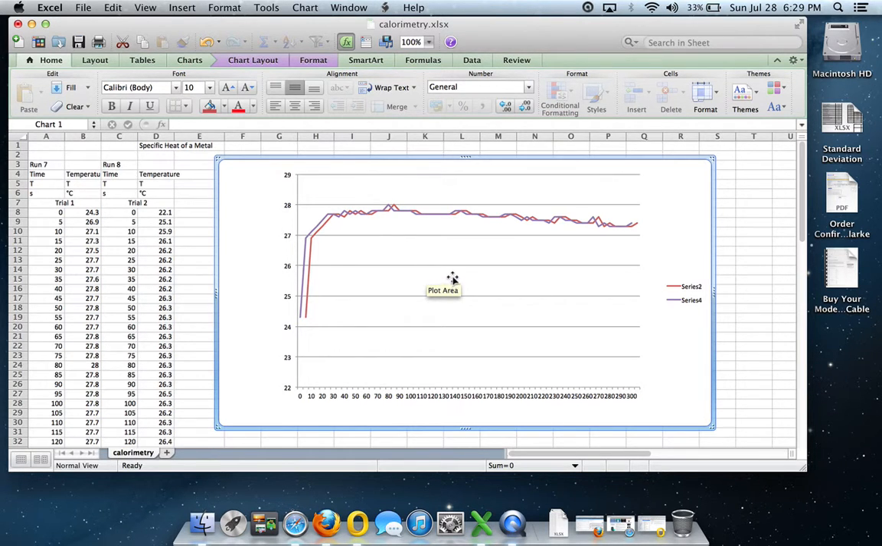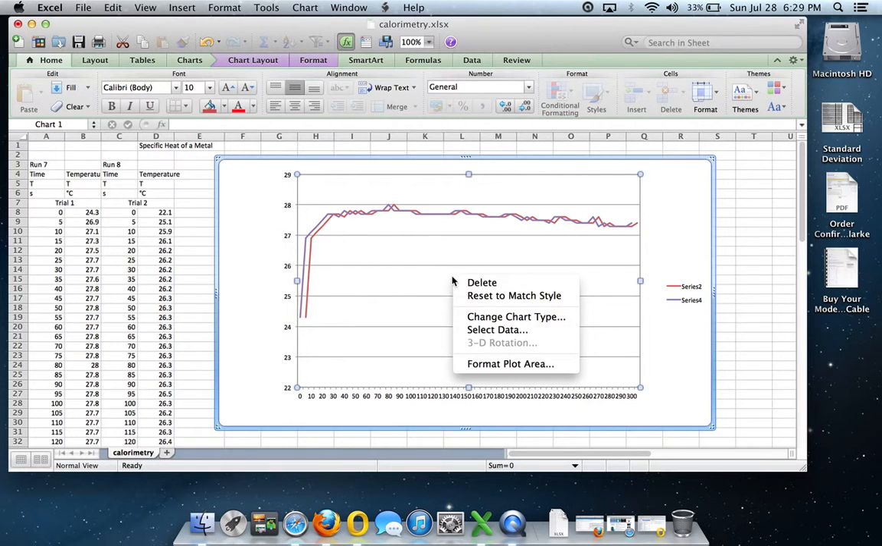See how it says plot area? One of the options will be select data. Now again, this is on a Macintosh. Yours is going to be on a PC, I would assume, so it might look a little different, but the options will still be the same. So first right click, the option select data,